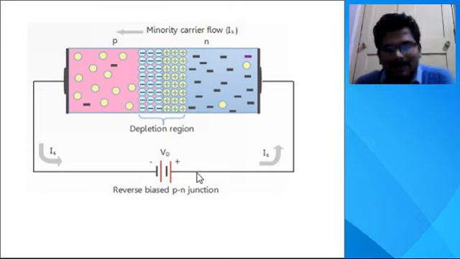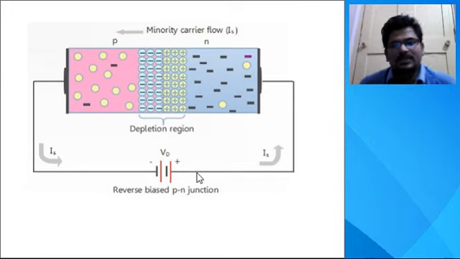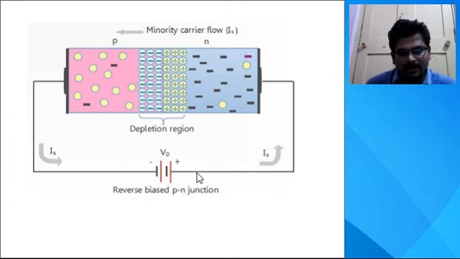In the n-type semiconductor, the electrons are the majority carriers and the holes are the minority carriers. So these electrons try to move towards the positive potential of the supply which we applied at the junction, that is called VD. These electrons are attracted by this positive terminal, and they try to move towards it. Here the current flow due to the carriers is called IS, and IS means the saturation current.